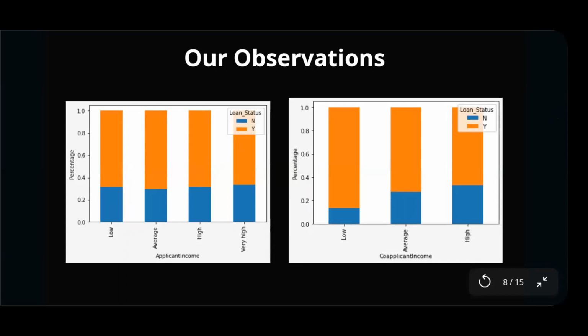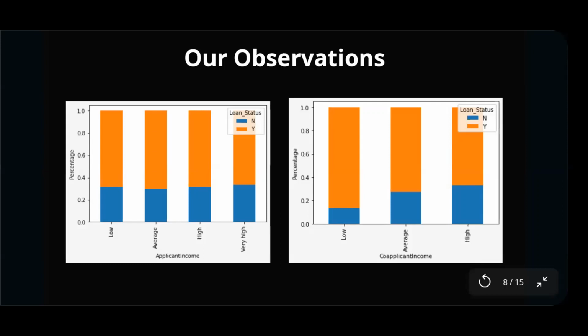Although we had varying inference from this analysis, from the graph of the applicant income as it relates to the loan status, we can't really infer much because it seems kind of evenly matched for each, because we categorized them into low income, average income, high income, and also very high income. While for the co-applicant income, it shows that there's a higher chance for individuals with low co-applicant income to stand a better chance of getting their loans approved, which seems kind of weird, but